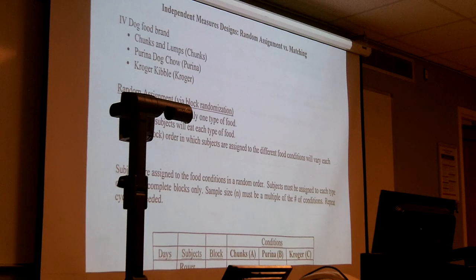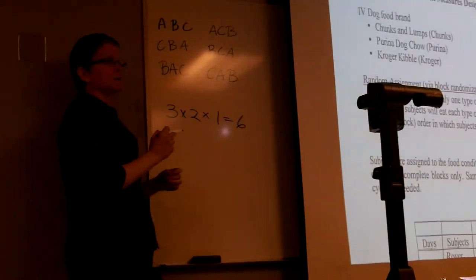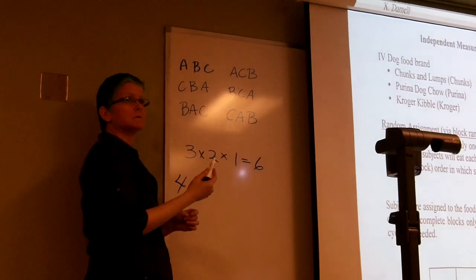Multiply it by that number minus 1 until you get to 1. That will tell you how many possible random orders you can have. Okay, so if you have 3 conditions in a study, there are 6 possible orders of those 3 things. There's never any more. If you had 4 conditions in a study, say I threw in something else, like some